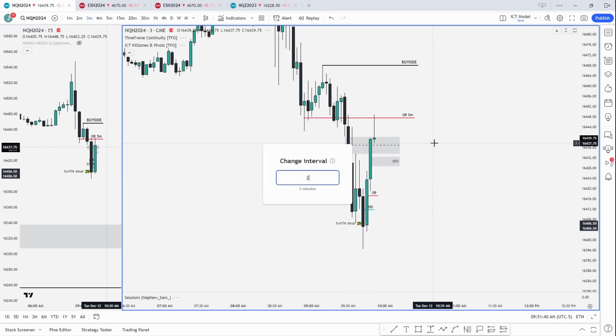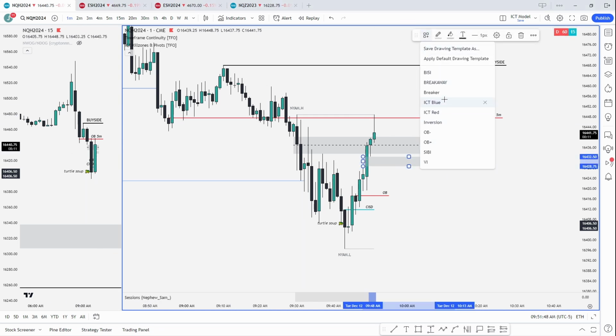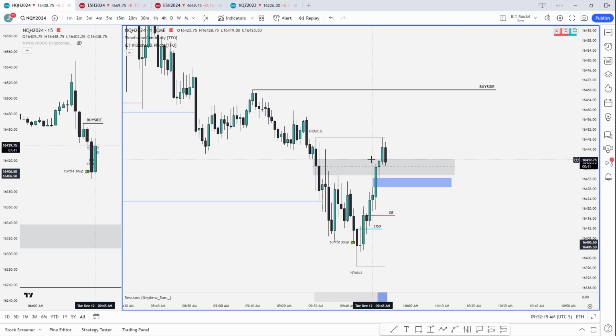So if we wanted to bounce, it would be right around here, maybe back into the bisi that I have outlined. And then you could look at maybe going long off this. So here's 952. Watch this to be used as inversion. That would be 1 PD array, 2 PD arrays would be this bisi down here. There's a slight tap. If you're looking for 20 points off of this,